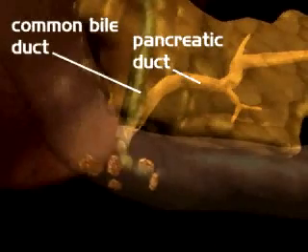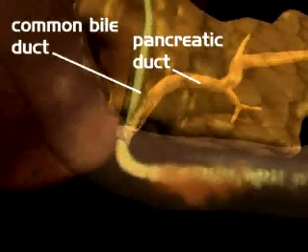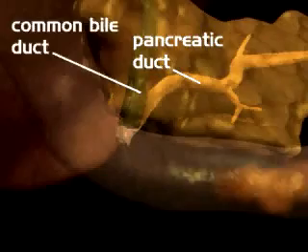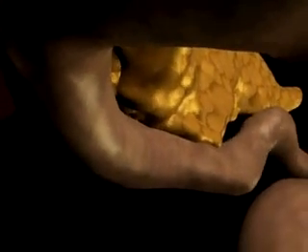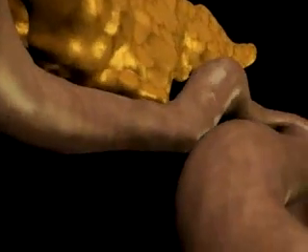In the duodenum, food is digested even further. The bile duct from the liver and gallbladder and the pancreatic duct from the pancreas all empty their secretions in the duodenum. The bile works to break down fats, while the pancreatic enzymes aid in the digestion of other food particles. Together, these digestive juices help prepare the food so that the small intestine can absorb as many nutrients from